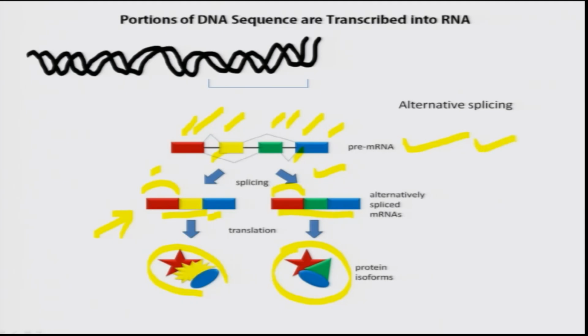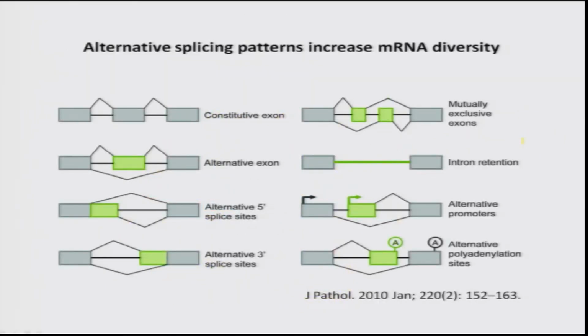So, the same gene which makes one pre-mRNA can now end up making different kinds of protein because of the way the splicing takes place. That is called alternative splicing. So, therefore, it is a huge challenge, and a number of studies have shown that a given gene, depending on which tissue it is expressed in and which stage of development it is expressed, can make a variety of different splice forms, and each one has a different coding potential, and there is a relative